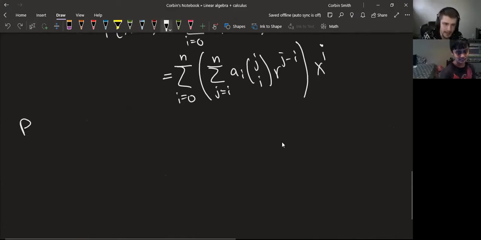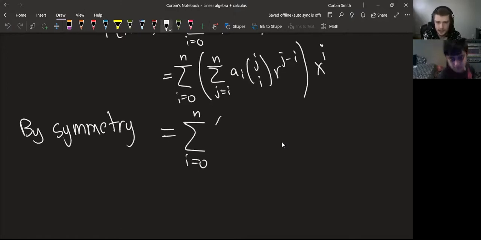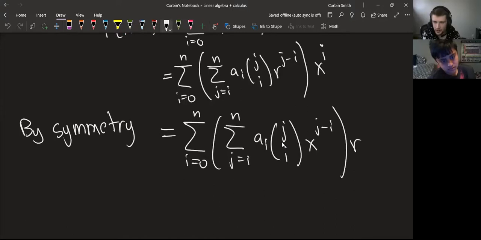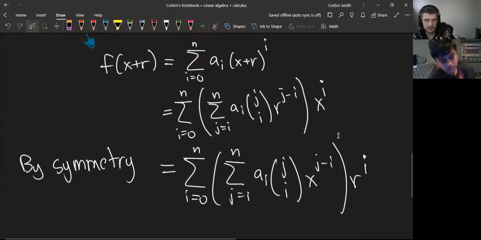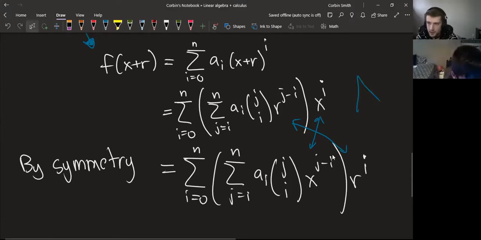So by symmetry, we can also write it this way. This is a really important fact, that it can be written in two different ways. Sometimes you want to write it one way, sometimes the other, to make it easier to prove theorems. This time we put the x on the inside and the r on the outside. See, I did this swap? The symmetry of the binomial theorem is what lets us do this. This is one of the key formulas, so I would appreciate it if you wrote this formula down, because it's going to be